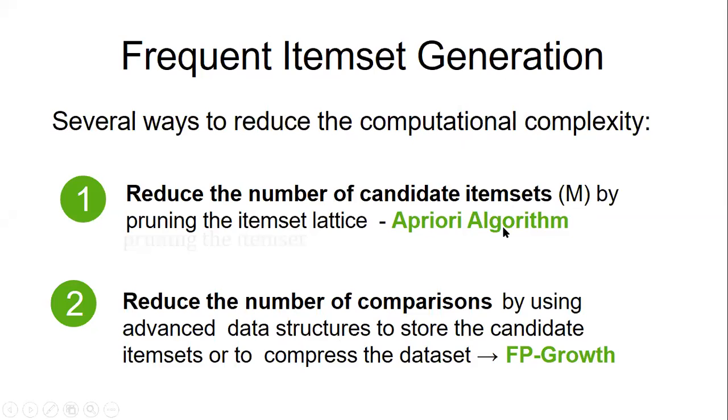What does that principle say? If the item set is frequent, then all its subsets are frequent. If the item set is not frequent, then all its supersets are not frequent. So we can just prune out all the infrequent item sets which do not satisfy the condition, that is, support of the item set is greater than or equal to the minimum support threshold. Like this, we proved it.